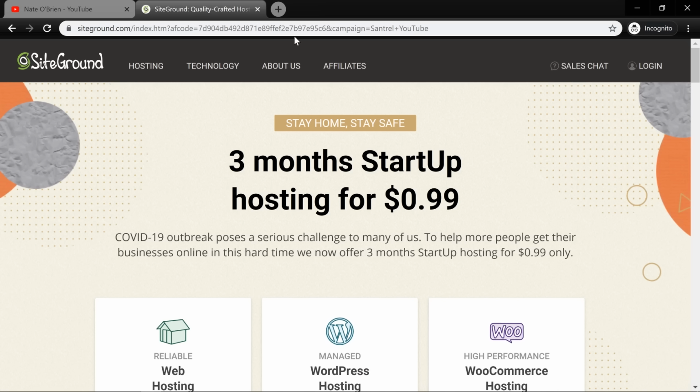But if you want to find the best web hosting services, we have a lot of different options available to us. You'll see SiteGround, Bluehost, HostGator. There are so many different companies out there that offer web hosting. Essentially, what this means is that unless you're going to have a server in your house, not to get too technical, you're going to have to pay somebody to host your website. It's not free. You're going to have to host it somewhere. And so there's a couple of different options available to you.